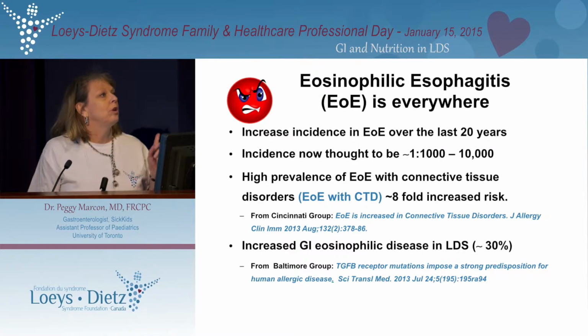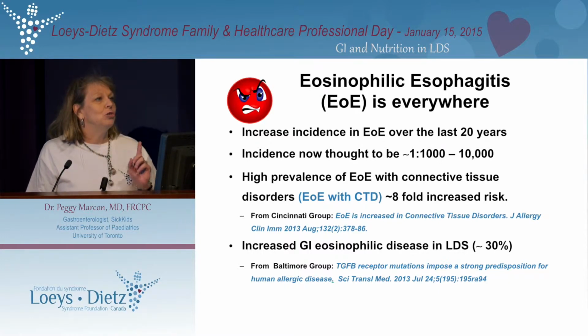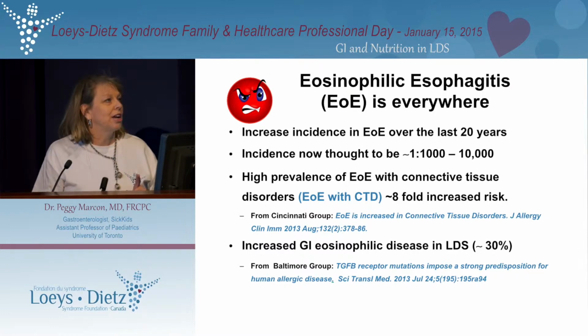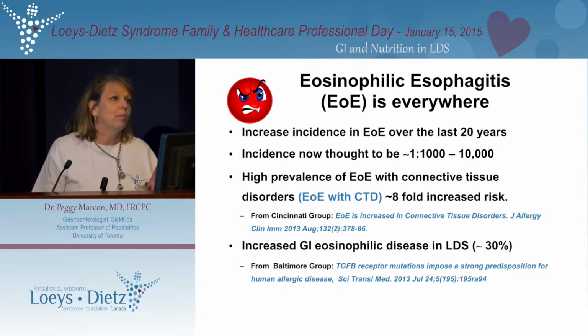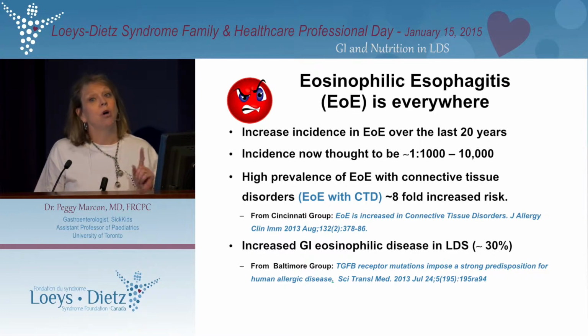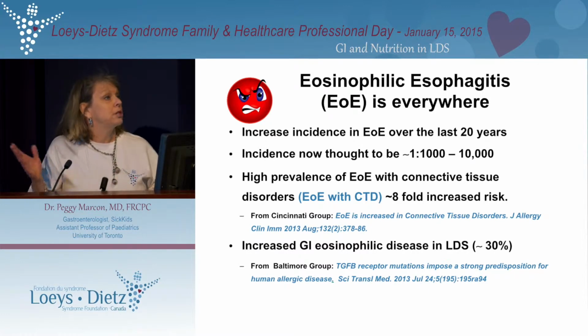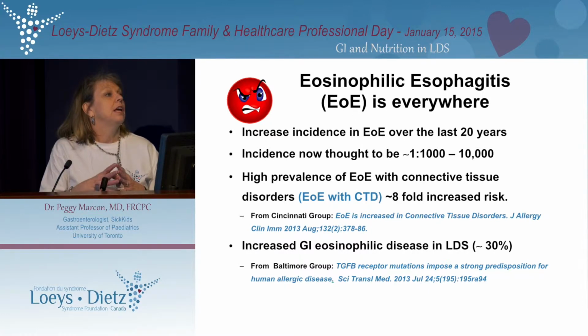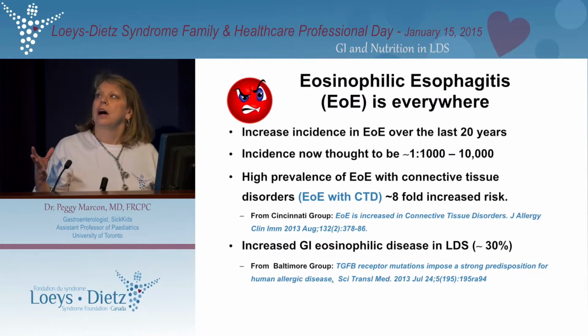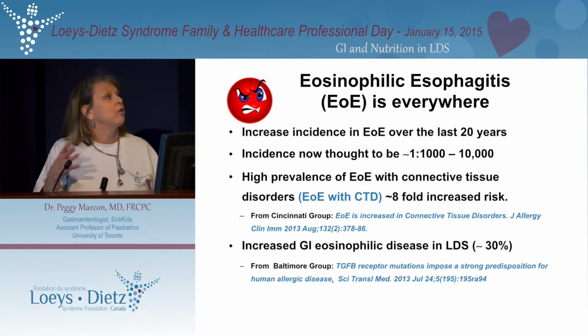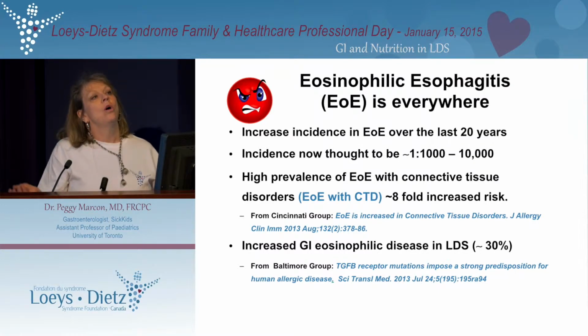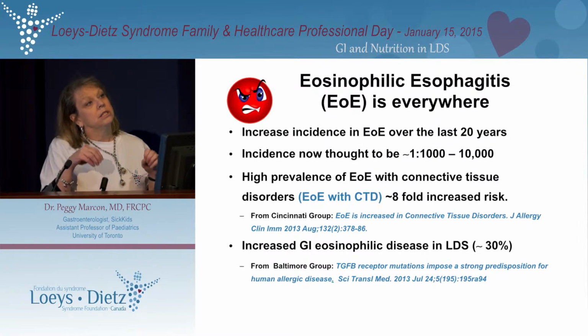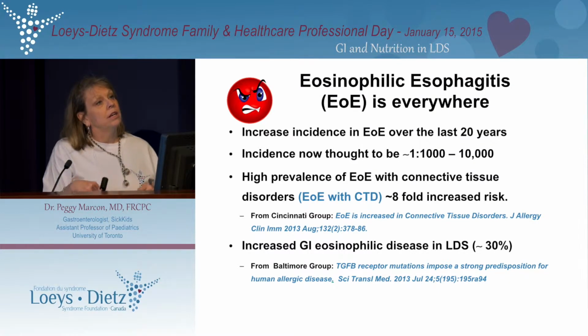So my one rule of thumb is that you can see eosinophilic esophagitis with any other problem because it is so prevalent in the population, just like we can see asthma associated with any other problem,